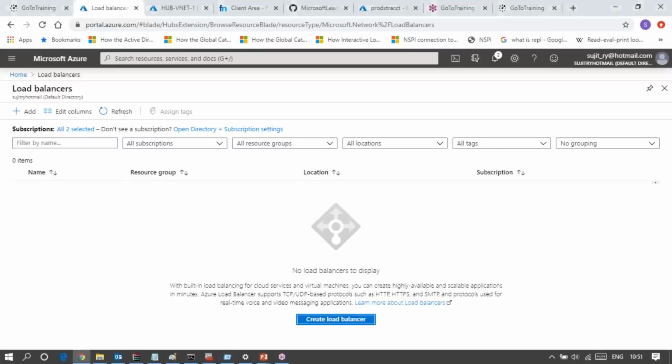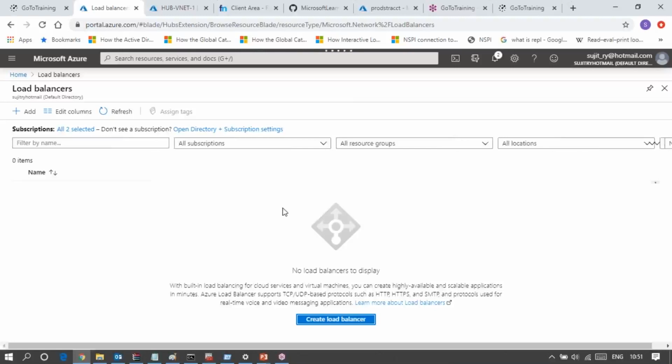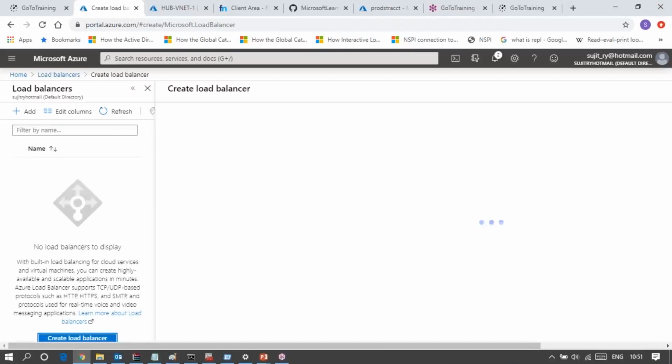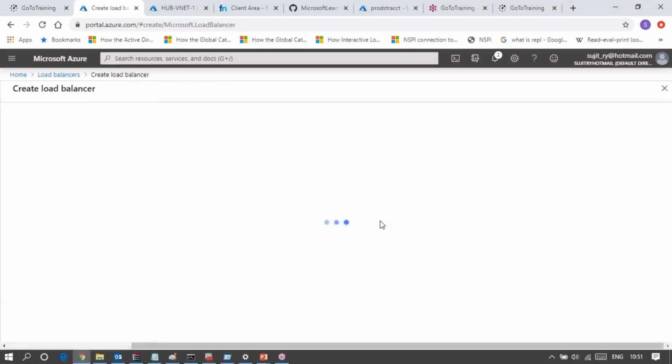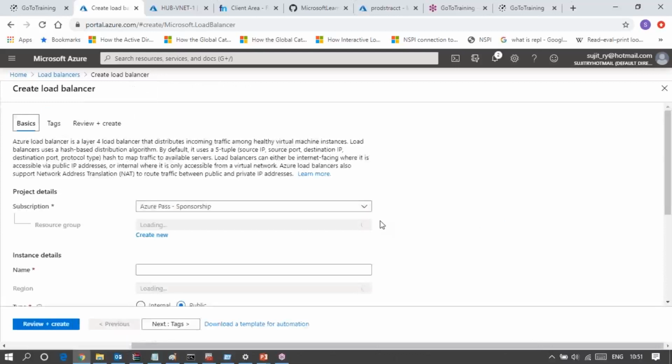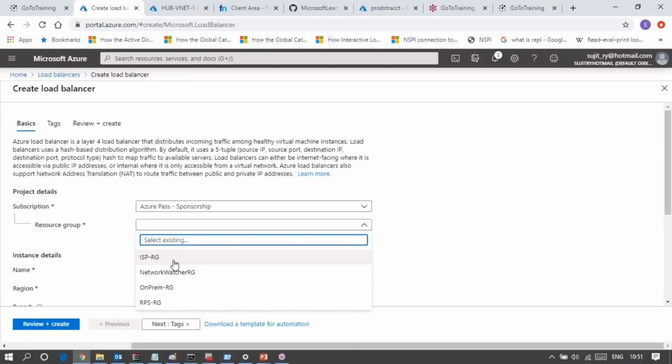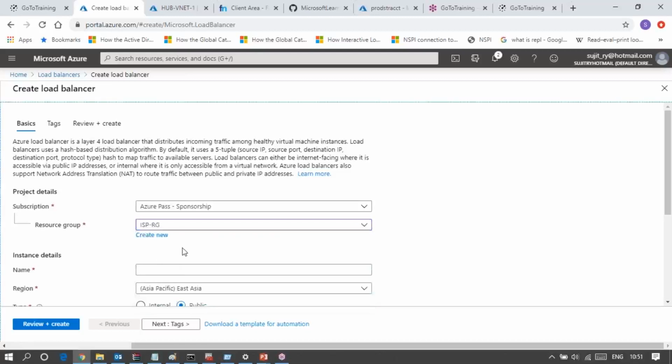Yes, audience, I'm back. Sorry for the interruption. Now I'm configuring the load balancer. Create load balancer. In the same way, I need to add the resource group, probably ISPRG.